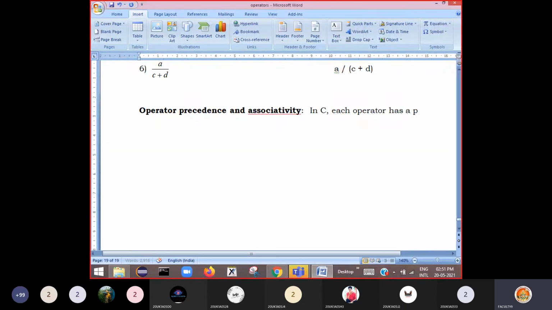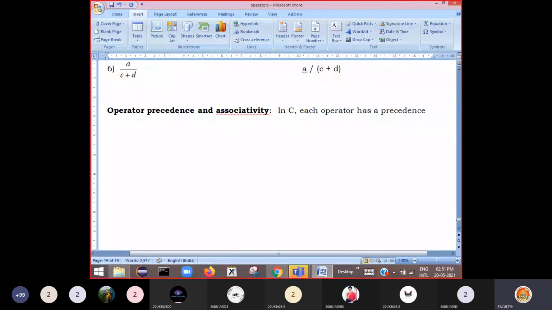Each operator has a precedence associated with it. Every operator is given some priority. So this precedence is used to determine how an expression